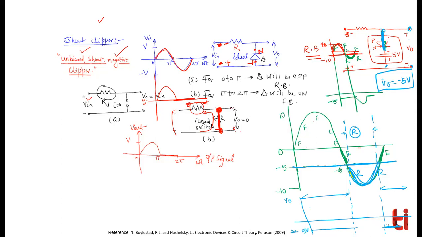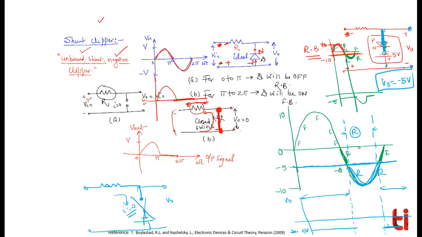Okay. In the rest of the time, when the diode is in reverse bias, this will become open. So this circuit can be redrawn something like this. So this is a resistance. Here you have an open circuit. Here you have a battery of 5 volt. No problem. You are finding the output over here. So this line does not have any meaning because this is open. So if open, then I equals 0. I will be 0 here immediately.